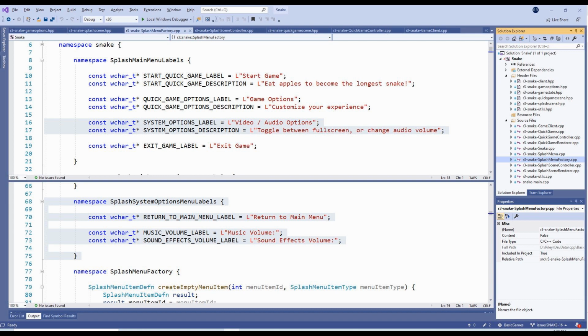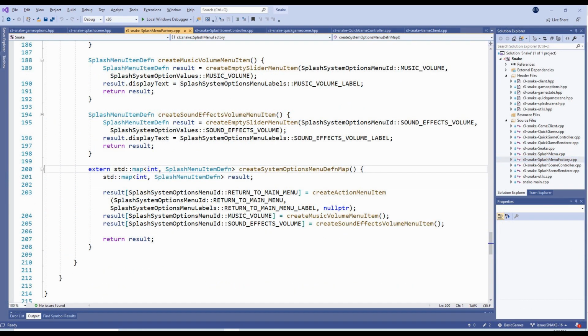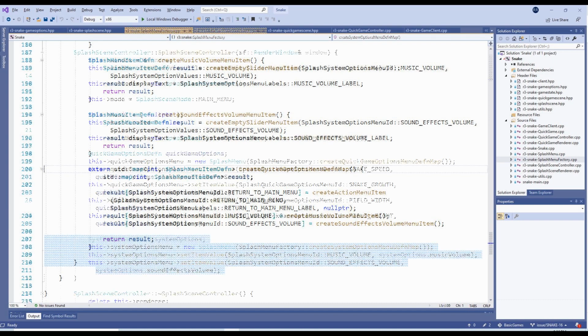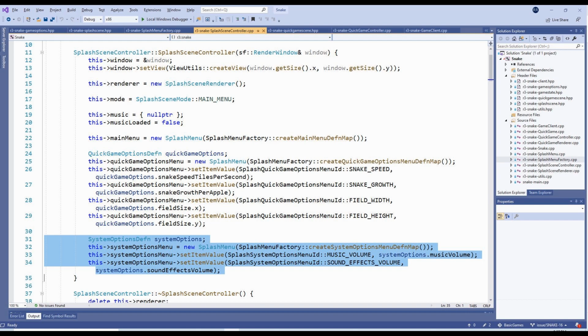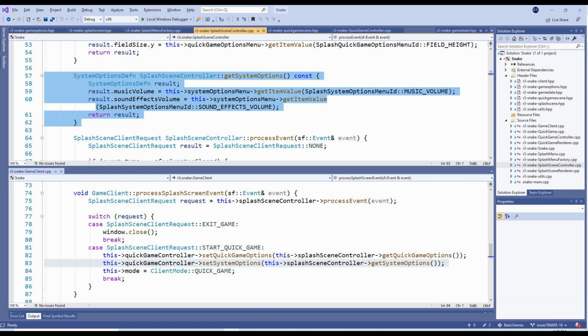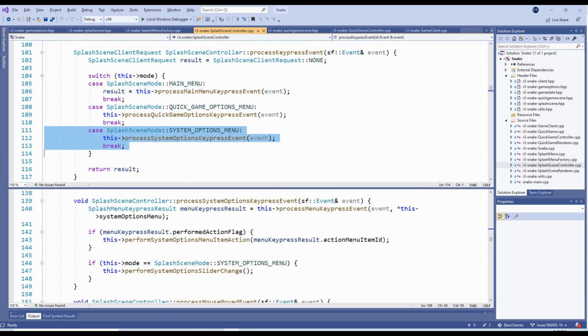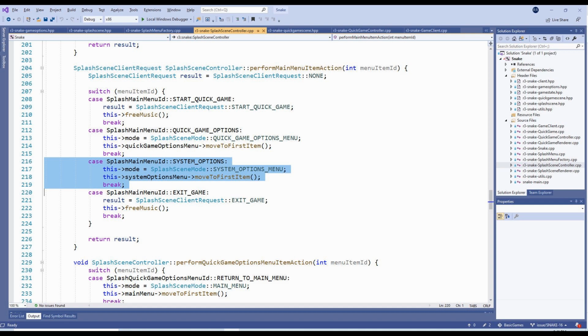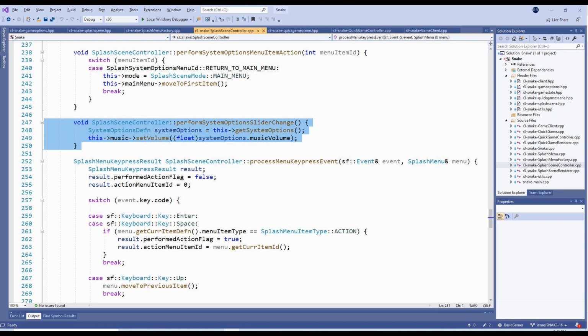for the display labels. The Create System Options Menu Definition map function builds the new menu, with separate menu items for the music and sound volume. The splash scene controller constructor initializes the slider values with the defaults. The new getSystemOptions method will be called by the GameClient class when it needs to communicate the volume values to the game. When processing events, we add another case for the new Systems Option menu in all the places we might expect. The one extra thing we need to do is update the splash scene's music volume in real time